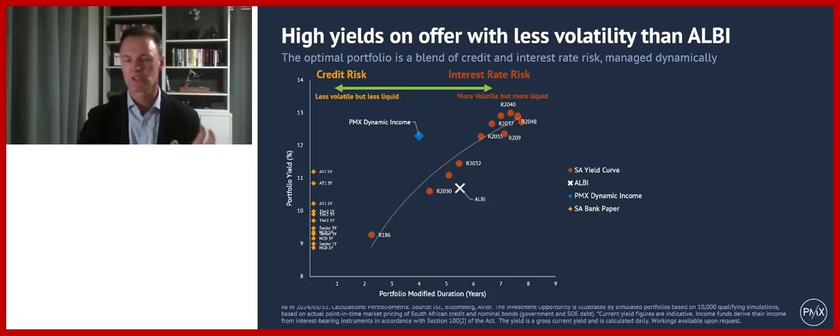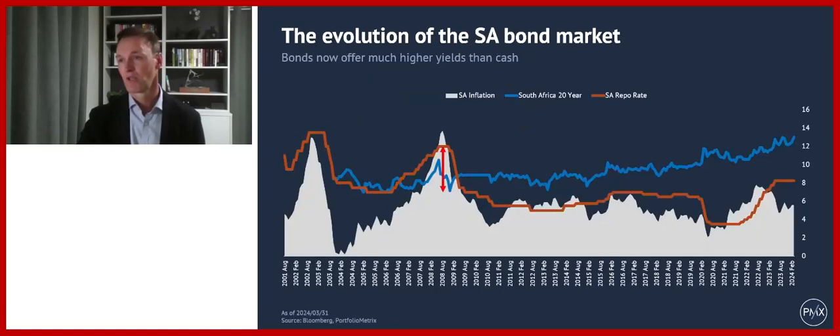And that's quite an important thing to understand about the South African market. It's different about South Africa to most of the rest of the world. So the bond market's changed a lot. If you go back to 2008, going to 2009, the repo rate was 12, but the longer dated bond yields